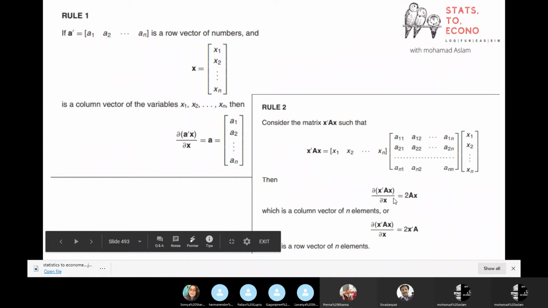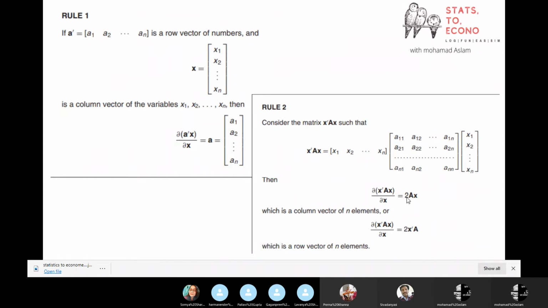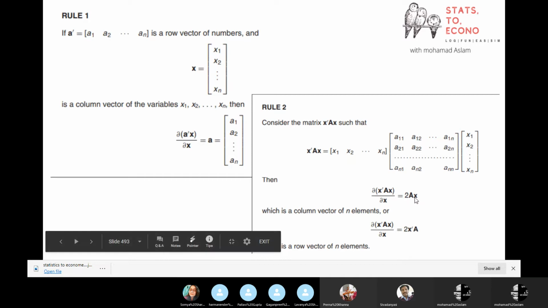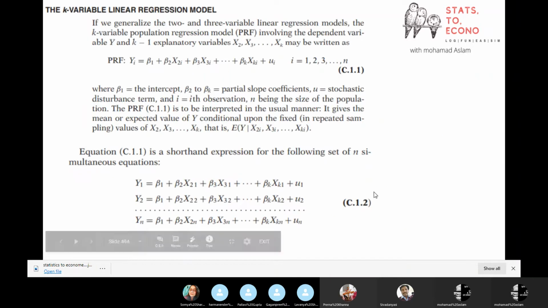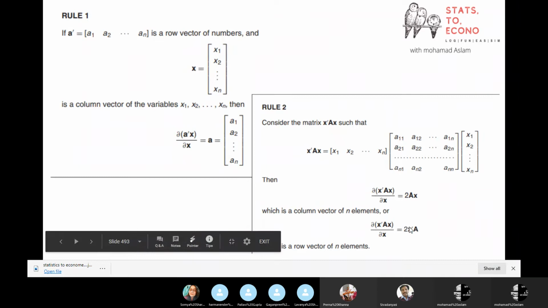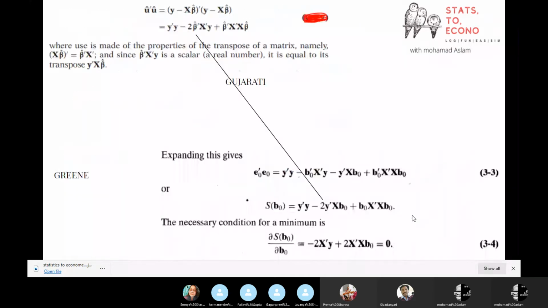2ax means we just left out the x transpose part, and we are just remaining with the first one, the x transpose. Now we have a 2x, but this is if you need a column vector of n elements. But if you need a row vector of n elements, then it will be the reverse, that you have to keep this first one, x transpose and a. Now here the situation is in this particular derivation